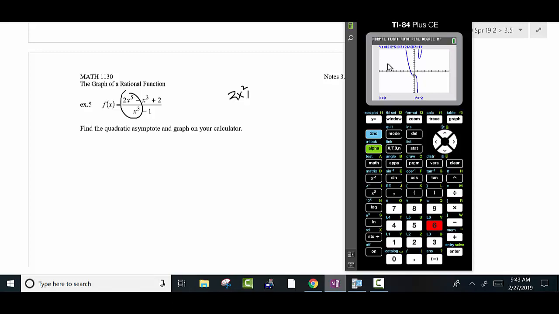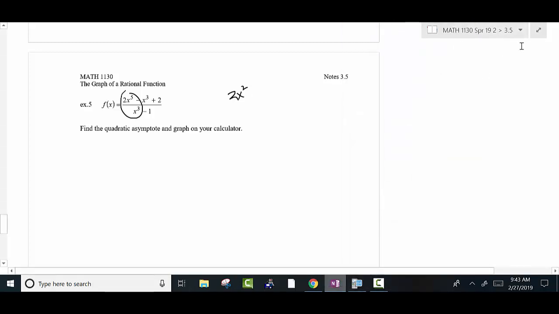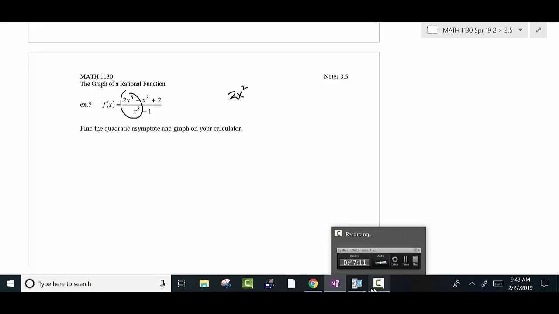What would happen if you did the long division is you would have something like this. I don't know what the constant term would be exactly, but I know that 2x to the second would be a part of that asymptote, so it might be something like, I'm just guessing, something like that. Okay, that's not quite right, but it would approach that parabola, whatever it is. I just wanted to show you that. You're never going to do that, but it's something that can happen. Okay, all right, any questions? Okay, rational functions aren't too bad. I mean, you can use your technology on the harder ones, but I think some of you definitely going to